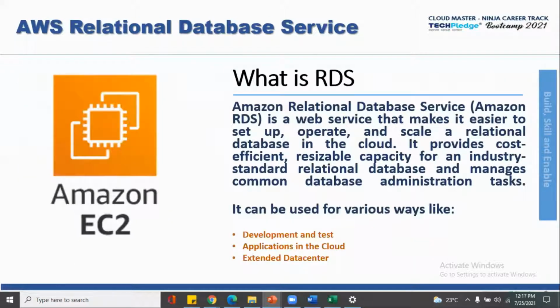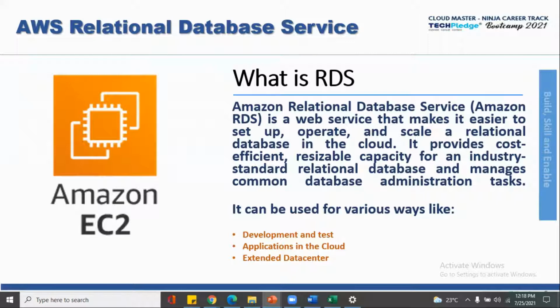Moving on further, what is RDS in respect to Amazon? Amazon RDS, Amazon Relational Database Service, is a web service that makes it easier to set up, operate, and scale a relational database. Amazon provides a web service, that is RDS, that will make it easier to set up, operate, and scale our database in the cloud. It provides us cost efficiency. Resizable capacity is also provided as per industry standards,